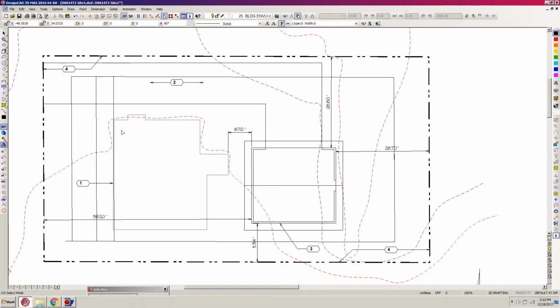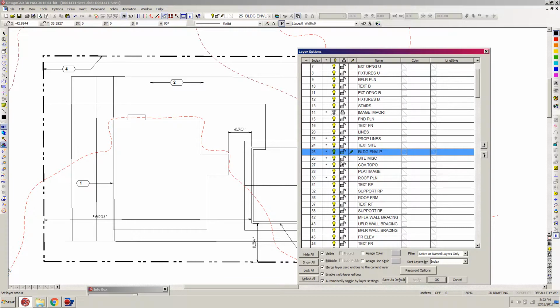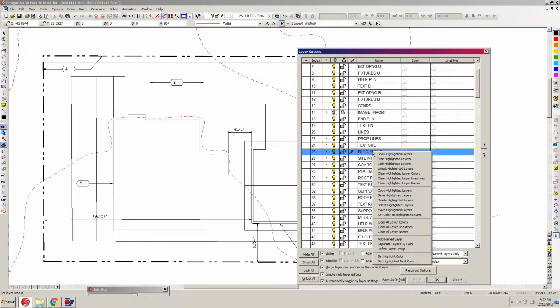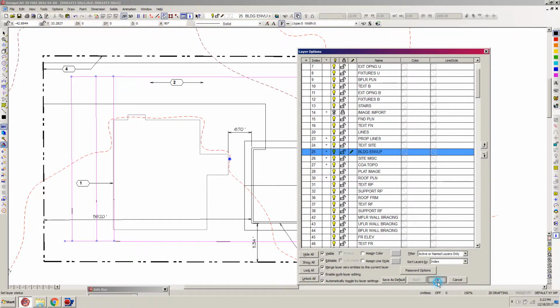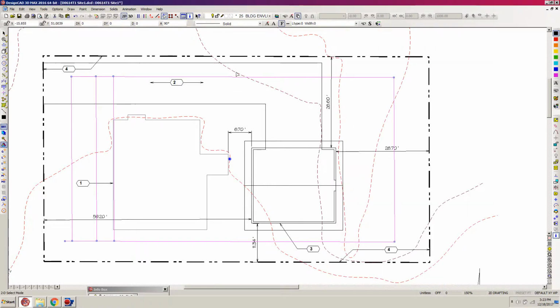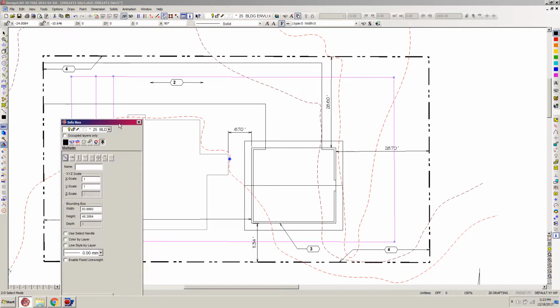The quick and dirty way to do that is to go to Layers, hit L for Layers, and I'm going to just right-click on the building envelope line here, and come on down to where it says Select Highlighted Layers, and left-click there, and click OK. So now all of these, I can see I have a little boo-boo over here, I'll fix in a minute. All of these lines for the building envelope are selected,